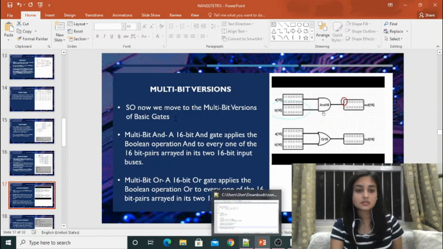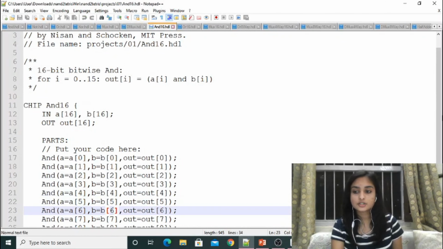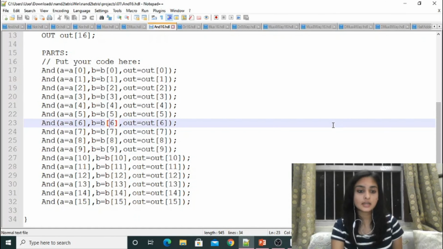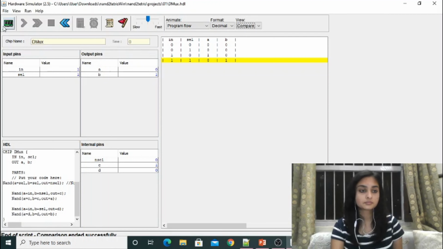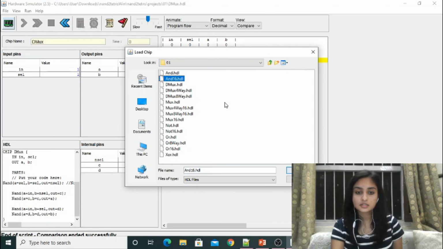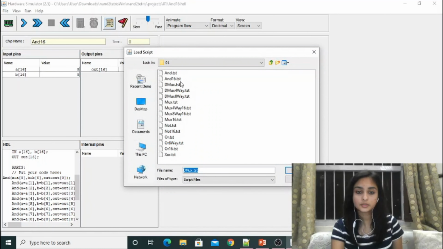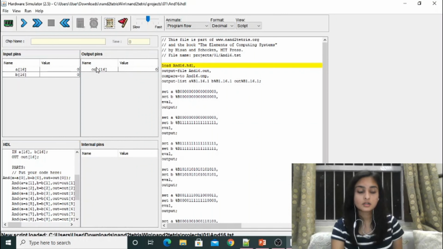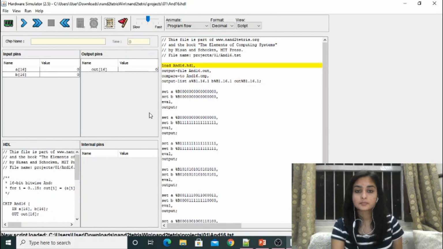So we first look at the AND16, and this is the function for our AND16. It's nothing different from the AND that we implemented before. Basically, it's just using this AND function over our 16-bit inputs, which we give in two input buses, and we'll be implementing this code. AND16.hdl, and we load the script. Even though our input pins and output pins remain the same, which is A, B and the output, they are given in a 16-bit format. That's why it is called AND16, and we'll be using 16 AND gates to implement it. Now we run it.